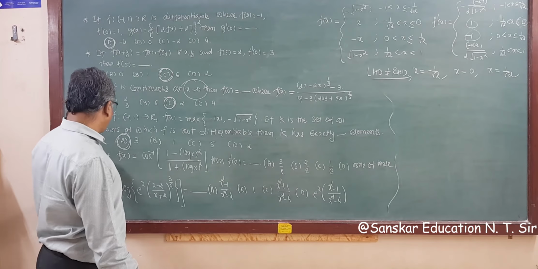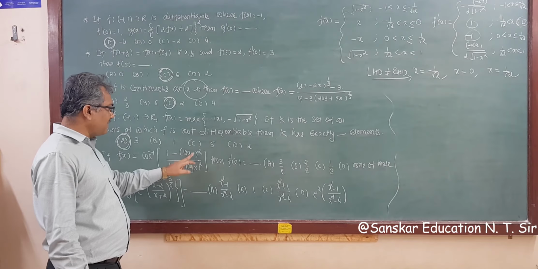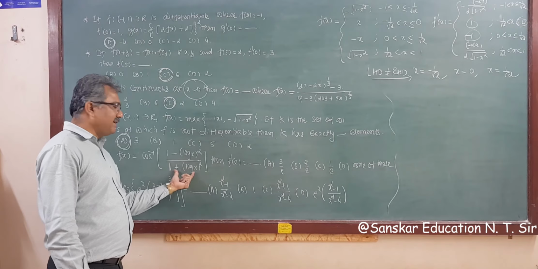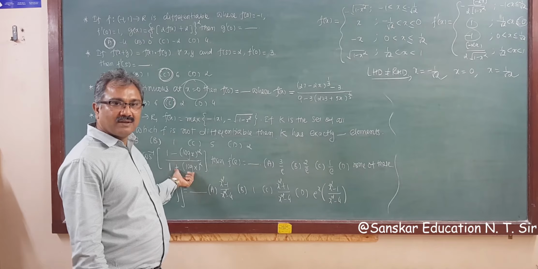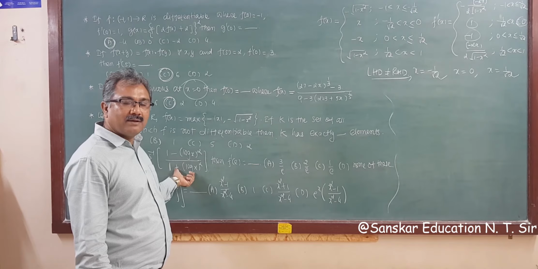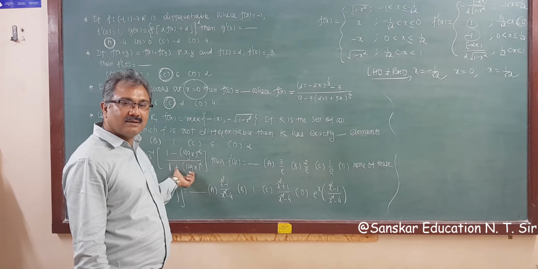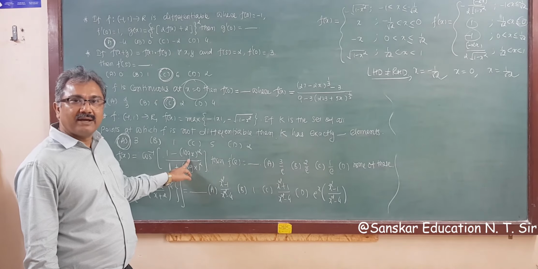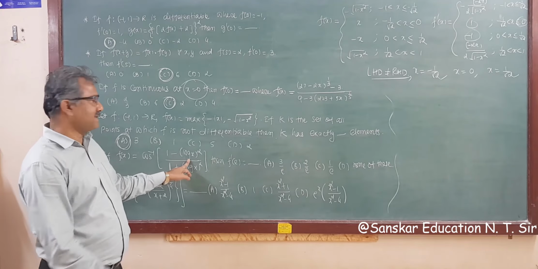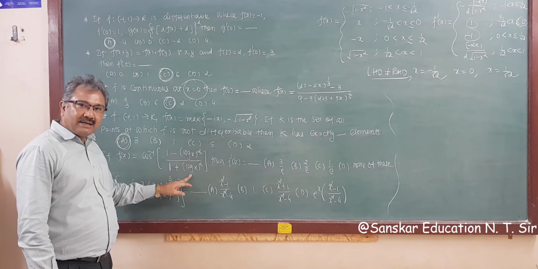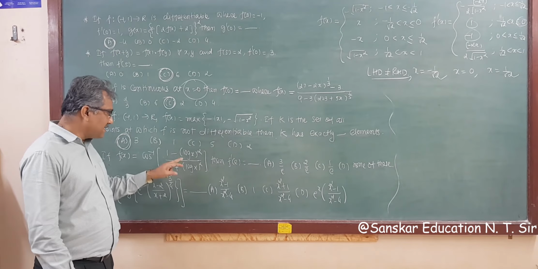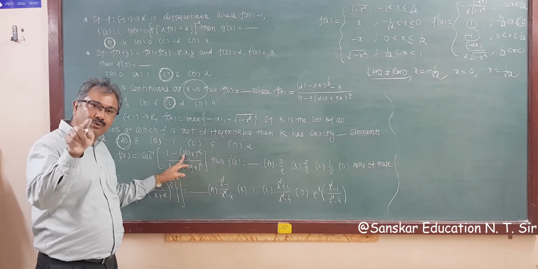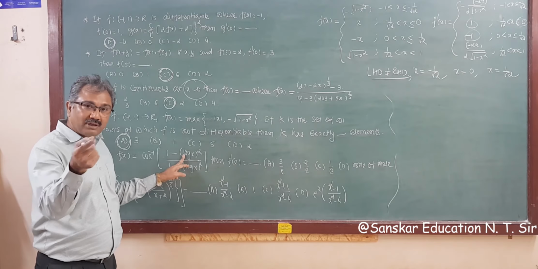Right? Next question. If f of x is equal to cos inverse of (1 minus (log x) whole square) upon (1 plus (log x) whole square). This is cos inverse. So inside the bracket you need a formula of cos. So recall your formulas: 1 minus tan square theta upon 1 plus tan square theta. That means instead of log x, what you require? Tan theta. So assume log x is equal to tan theta. So this is the hint how to solve the questions, right?